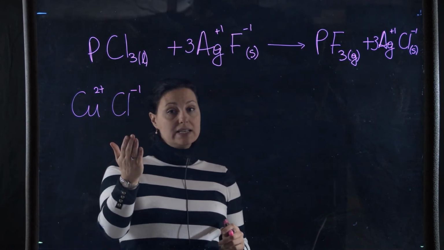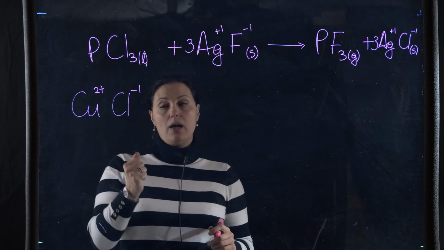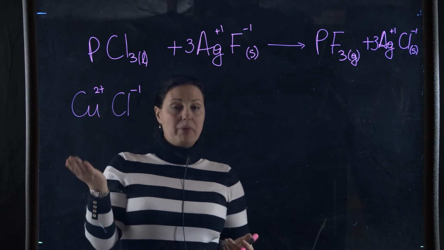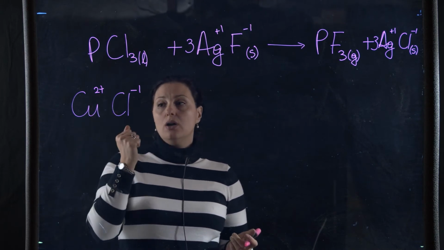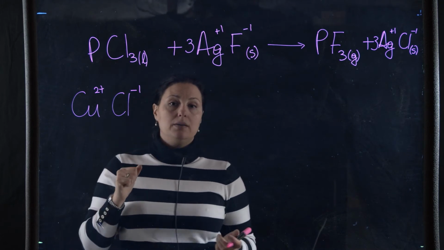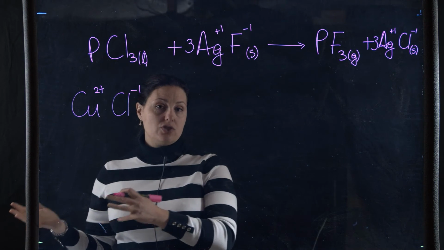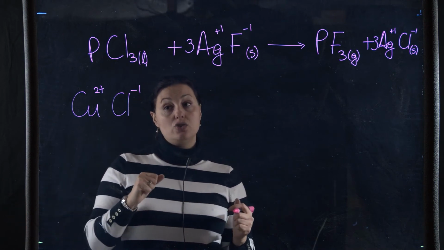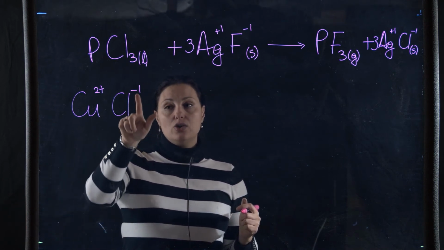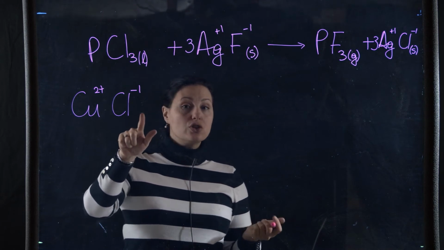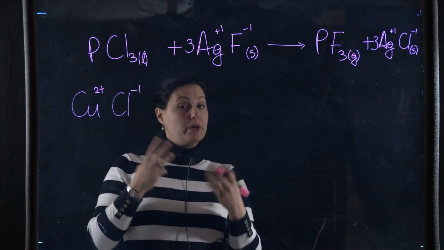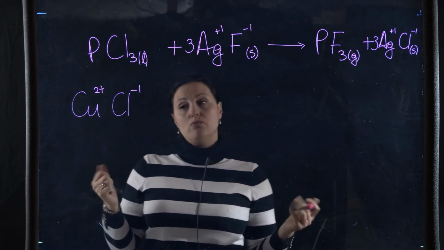Now, as I've written it, this isn't a neutral compound because I have an excess of positive charge. I have 2+ and a -1. To make this a neutral compound, I need to make the positive charge equal to the negative charge. To do that, I need 2 chlorines. Each chlorine has a -1 charge, but 2 of them give me a total of 2-.